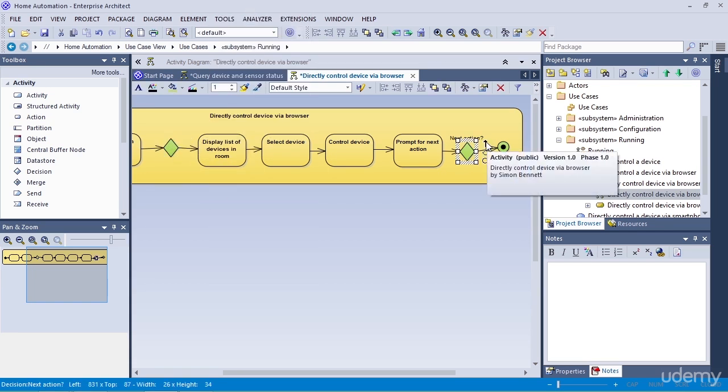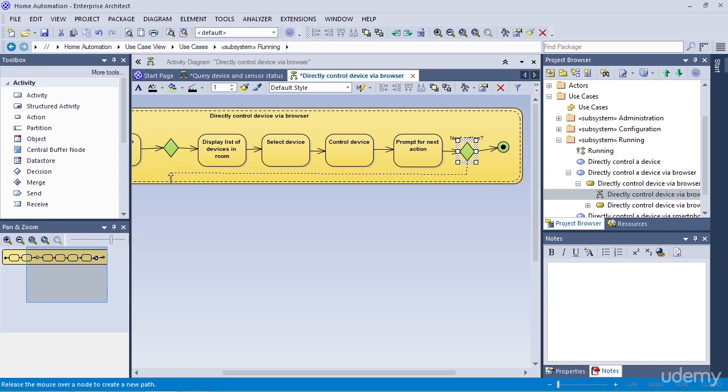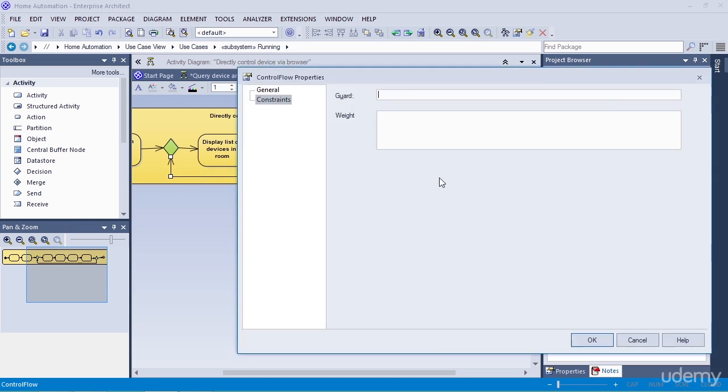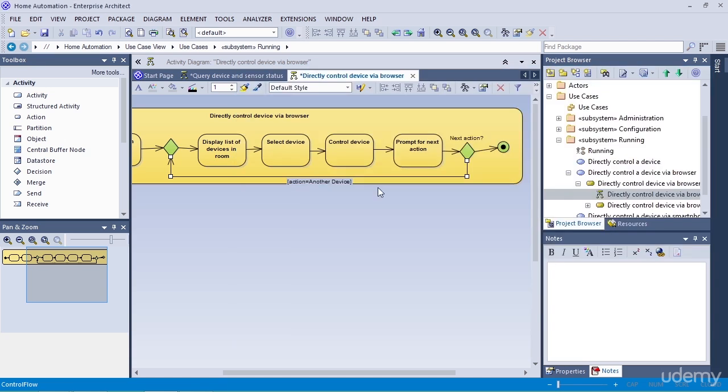And I'll connect it into the flow with control flows. Now I can connect this decision node with a flow that goes back to the merge node. And I can put a guard on this and say action equals another device. So if when prompted for the next action, the user selects another device, then it loops back round here, displays a list of devices in the room, allows the user to select another device and control it directly. I just need to add an else as a guard onto that control flow out of the decision node, and